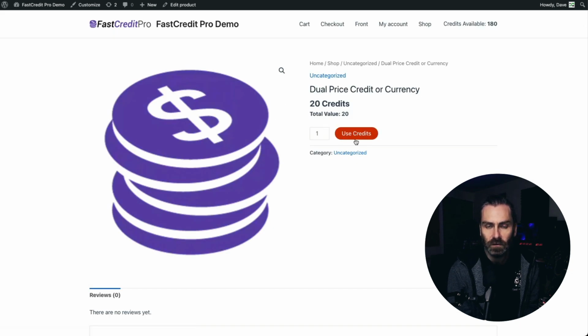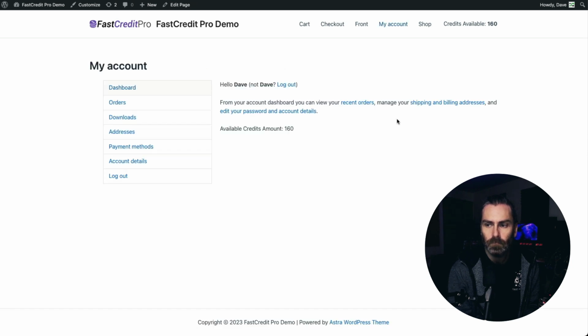So basically this becomes an instant credit purchase and we completely bypass the need to add to cart and go through the checkout. So in this case, if we use credits like this, we're taken to the My Account page, which was the credit purchase destination, and we can see the credits have been deducted. So if we go back into that product